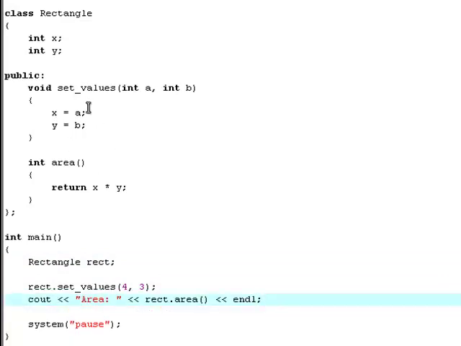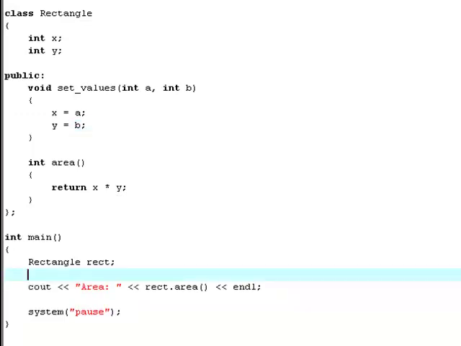Okay, imagine that you don't want the set values method, but you still want it to print out a value, because what the area method does is multiply the value of x by the value of y, and without calling the set values method, x and y will never be assigned any values, and therefore they'll be 0. So if you try and multiply 0 with 0, you'll get some weirdo number in C++. I don't know why. We can try and remove it just to show you guys. So if you remove it right now and hit F9,